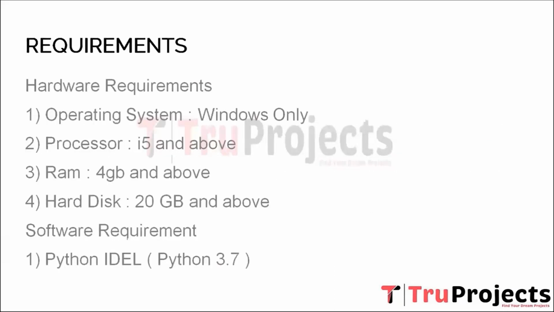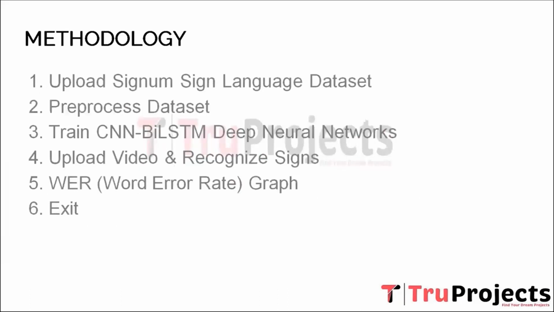Now coming to the requirements, there are two types of requirements, that are hardware requirements and software requirements. The hardware requirements are: operating system, Windows only; processor, i5 and above is required; minimum 4 GB of RAM is required; hard disk, 20 GB and above is required. Talking about the software requirements, Python IDLE version 3.7 is required. Coming to the methodology part,